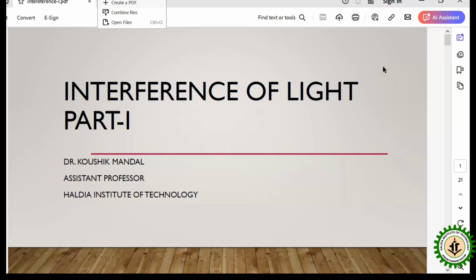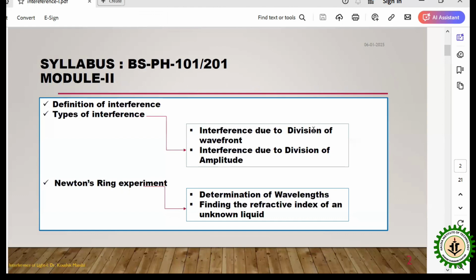So basically, in the first part of the lecture, I want to talk about the syllabus of this interference that is included in our MAKAUT syllabus. First, I want to describe the definition of interference. I mean, what is interference of light? Then I will talk about the